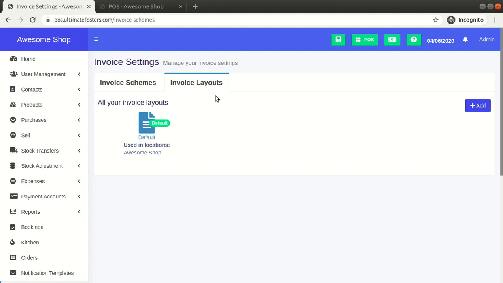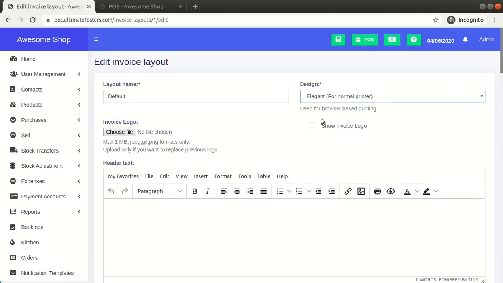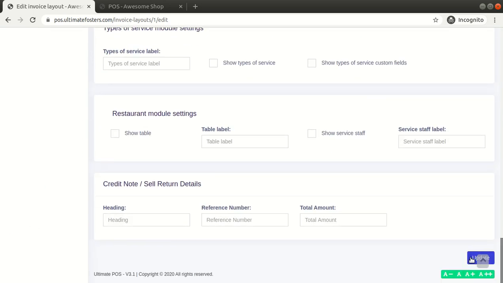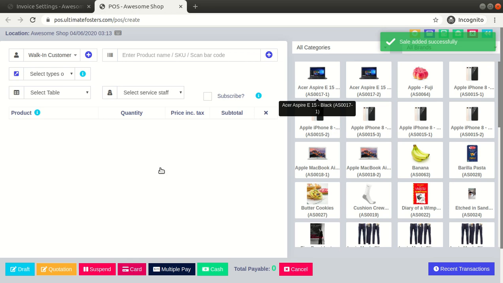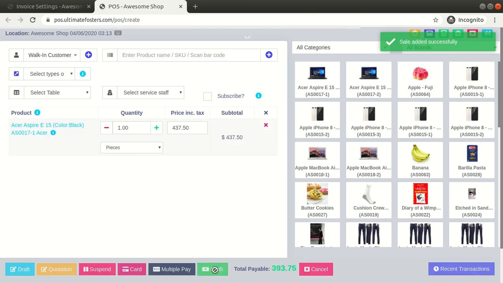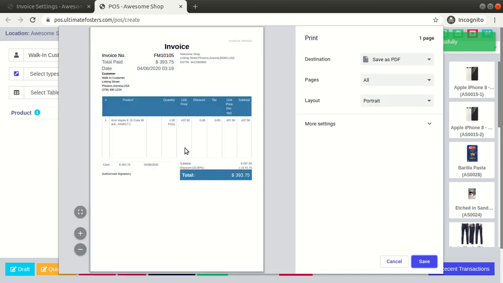Let me go to the invoice layout once again, and I will now select the detailed one, which will show much more detail. I will click on the detail and I will save it. I will add another invoice. So here you can see it's showing much more detailed, the number of columns present in the invoice are